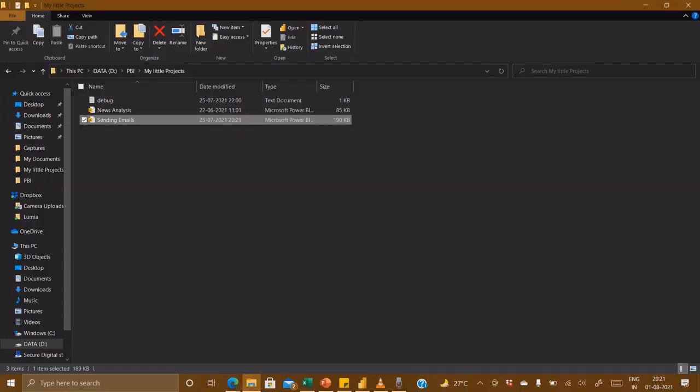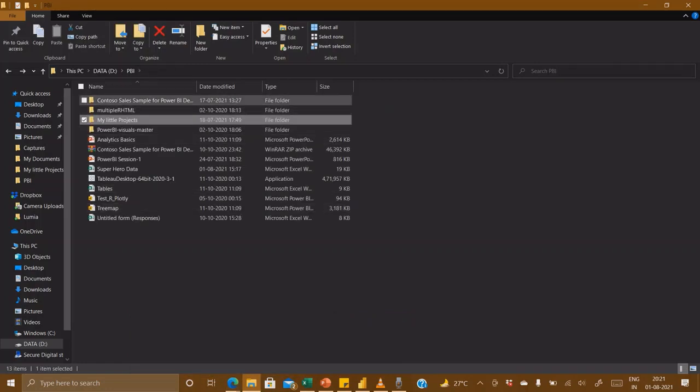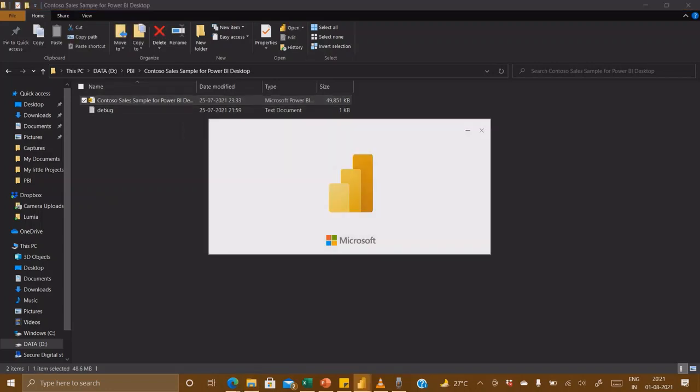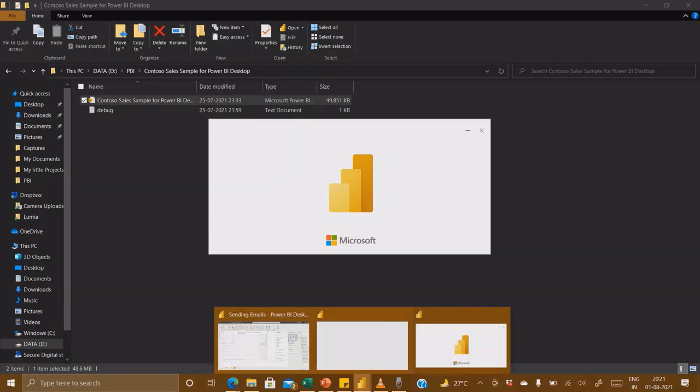So now coming to our measures part. So let's open the files.